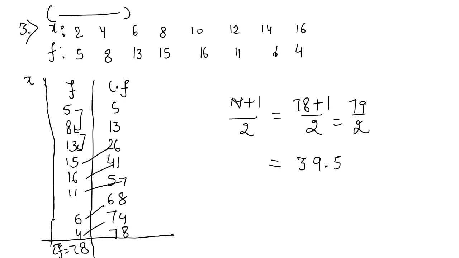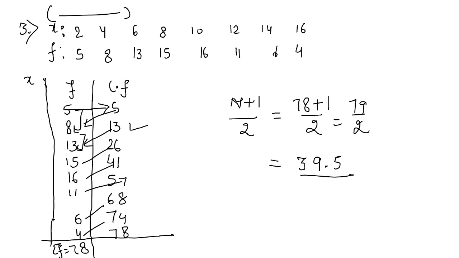Saurabh, when you are calculating C dot F, it is the cumulative frequency. For the first class, write down the first value as it is. Then 5 plus 8, the sum of first two frequencies, it is 13. Then add the third value, 13 plus 13, 26. Means what is 26? It is the sum of the above three frequencies. Similarly, what is 41? It is the sum of four values. Or you can add the next value in the calculated value. Okay, so you are getting n plus 1 by 2 is equal to 39.5.